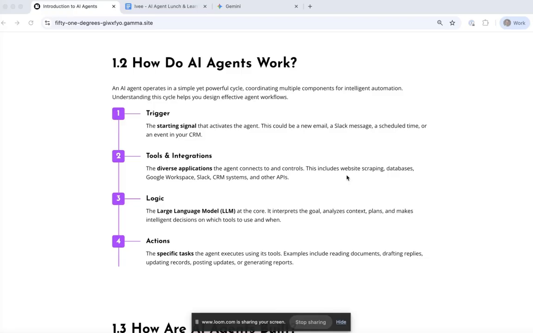We do the same thing with other platforms, like, for example, a CRM system like Salesforce or HubSpot. Again, the AI agent can integrate with those platforms and drag the information from those platforms into the agent. The same with Google Workspace and tons of other businesses and platforms.